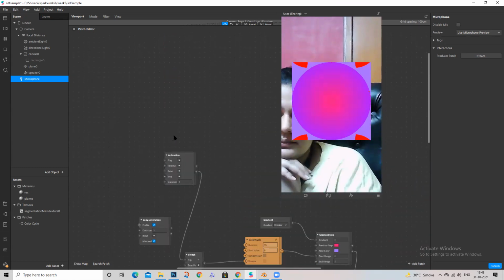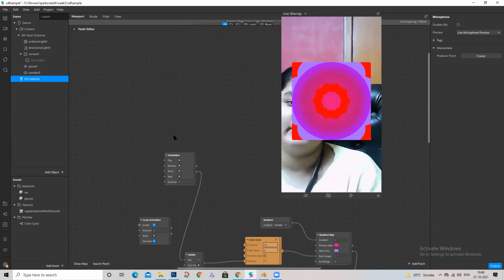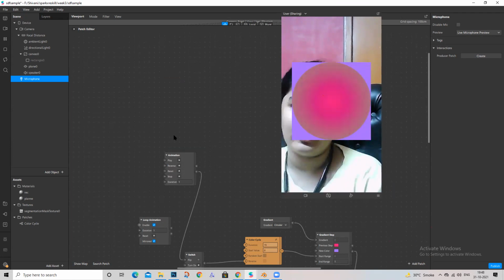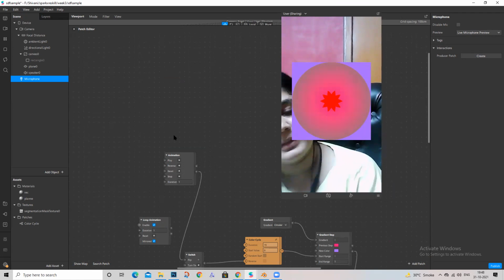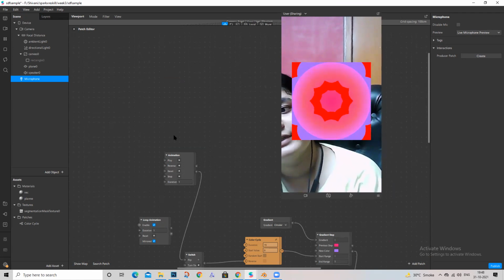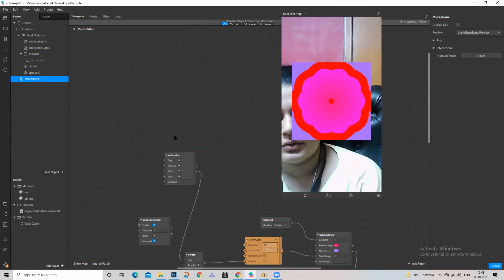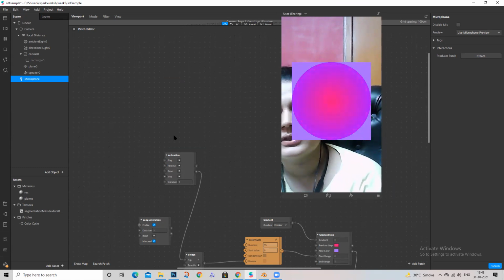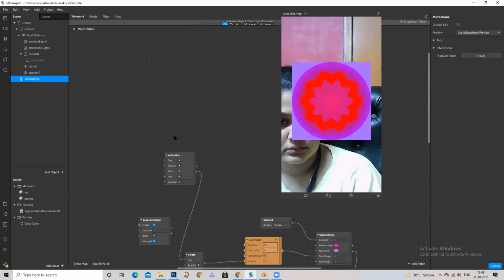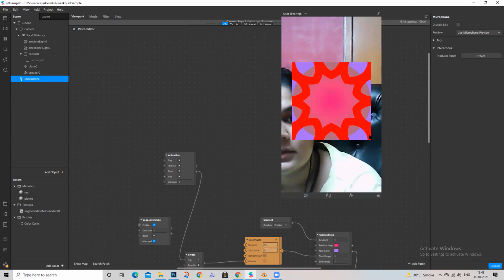Is this clear? This was an example of what all you can make. This is a little ahead of what we learned; before this we learned the basics. So first we'll have to try the basics and then we can go to the next step. Is this clear to all? Guys? Yes, got it? Okay, great.